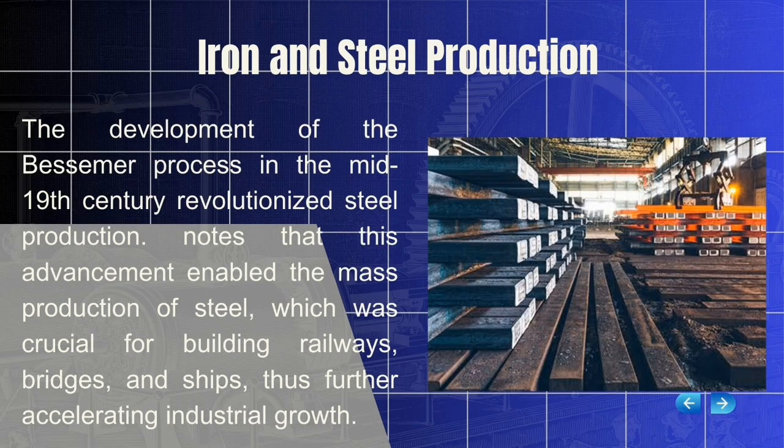Next is iron and steel production. The development of the Bessemer process in the mid-19th century revolutionized steel production. This advancement enabled the mass production of steel, which was crucial for building railways, bridges, and ships, thus further accelerating industrial growth. Iron production in the 18th century was small scale and inefficient,